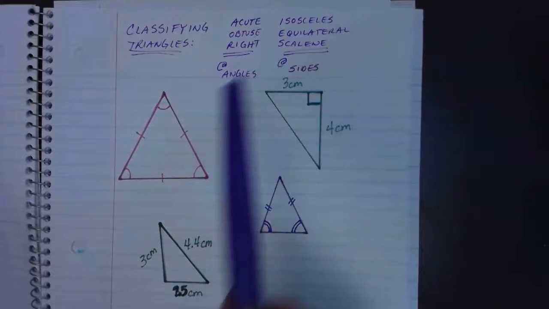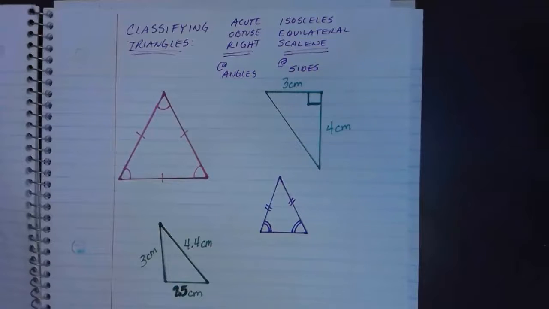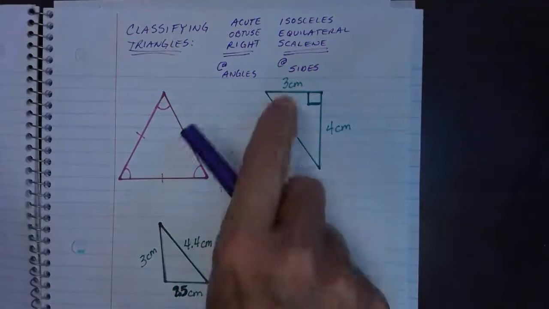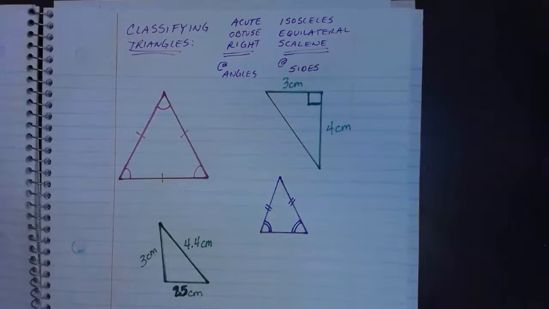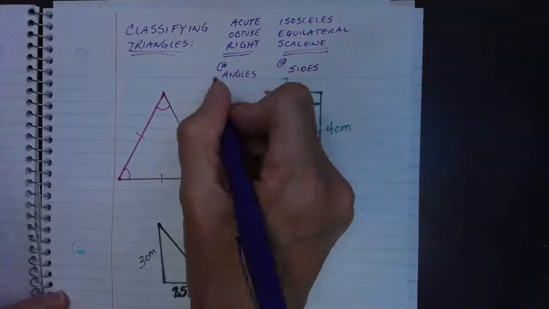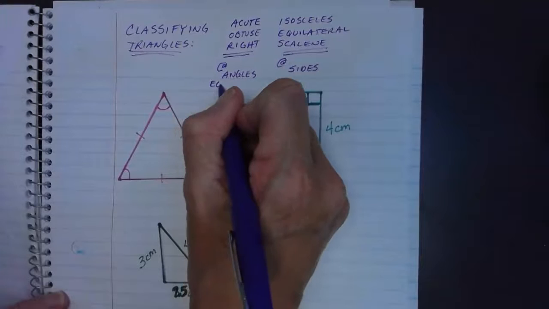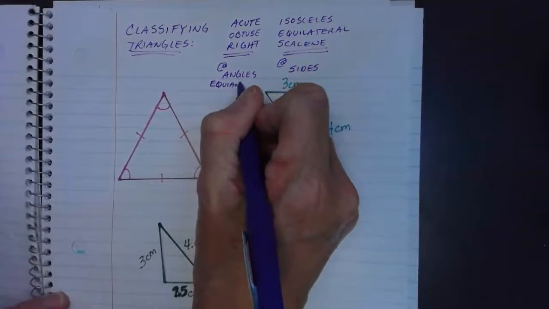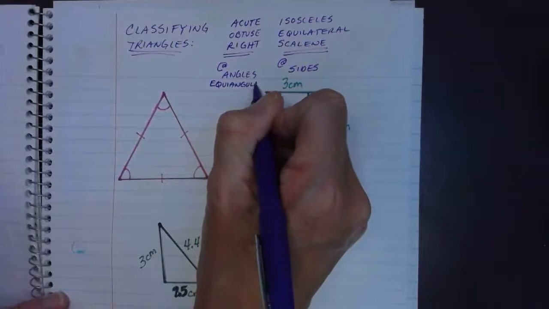An isosceles triangle will have two sides that are the exact same measure. Equilateral triangle will have three sides that are the exact same measure, and scalene has three sides that are all different. The other thing we could write under angles is equiangular. As we look at our first picture,